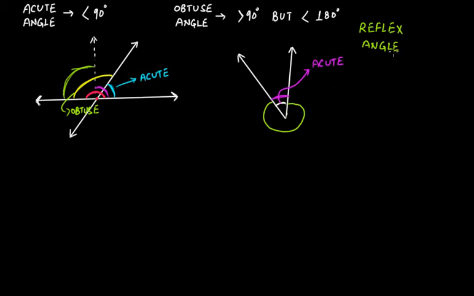Reflex angle is actually greater than 180 degrees, but less than 360 degrees. And that makes sense here, that's why it is a reflex angle. So if you are wondering why, imagine this ray: if this particular ray rotated and, bang, came back here to the initial position, you would say that hey, it has